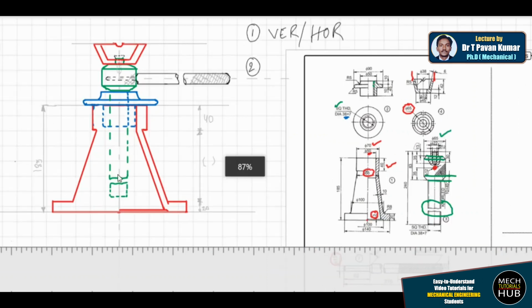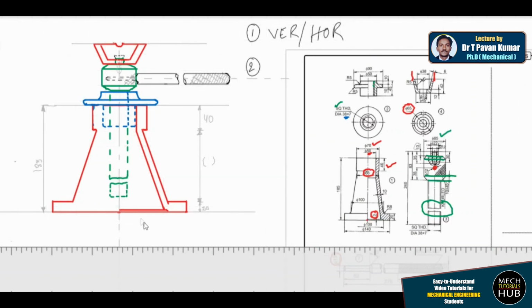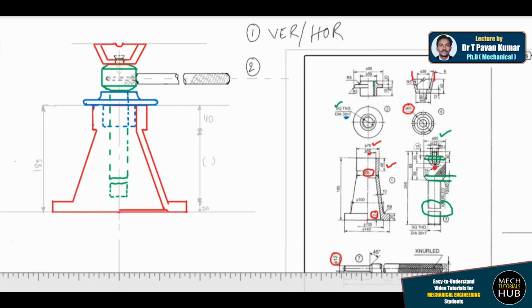Other than this, as the component is symmetrical with respect to the vertical, what you are supposed to do is, since I don't have much space here, let me take a locus line here. With respect to this locus, I'll try to view from the top. When I view from the top, what I could see is this 65 diameter, 38 diameter, then this Tommy bar is visible, then this particular 90 is visible, and this 140 is also visible. So all are circles only.